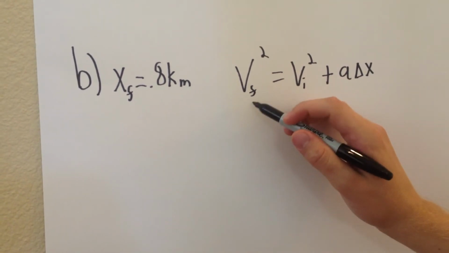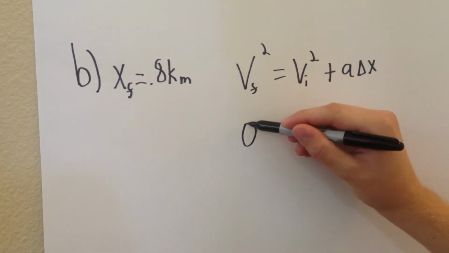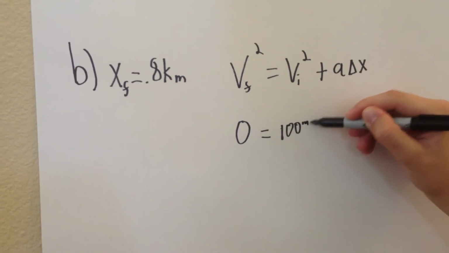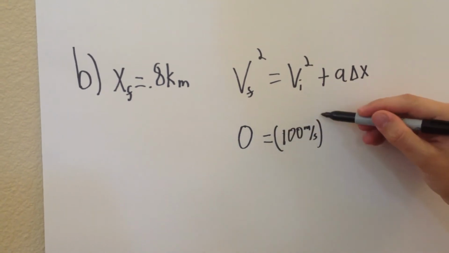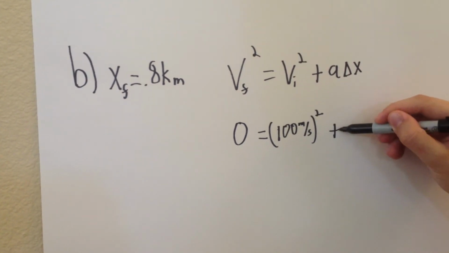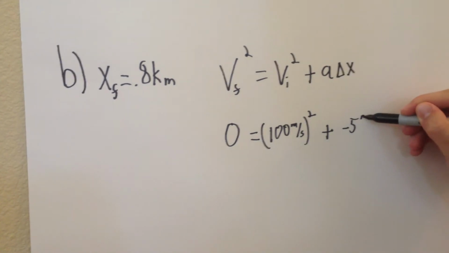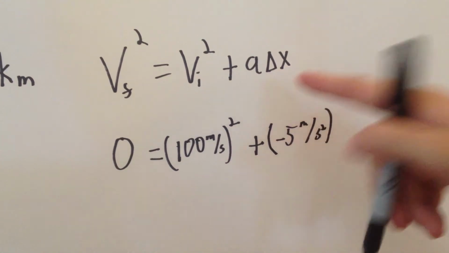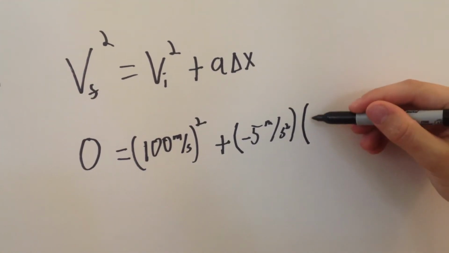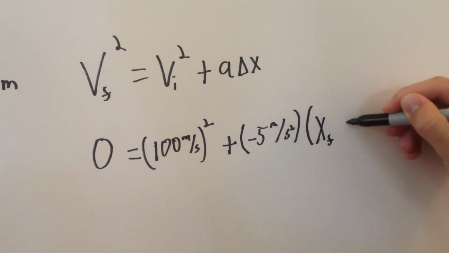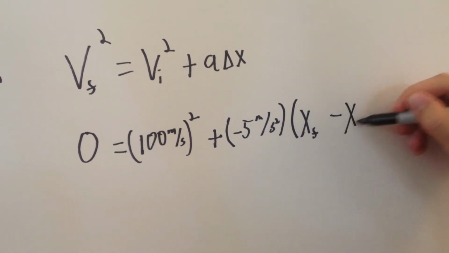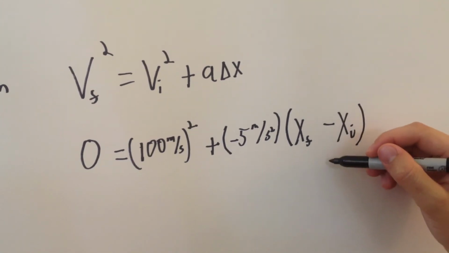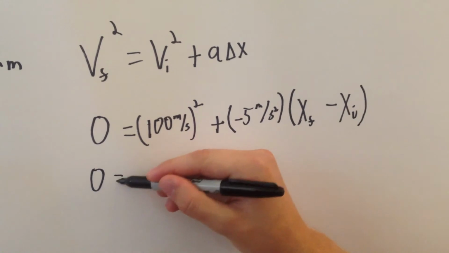We know that the final velocity is going to be 0. We know that the initial velocity is 100 meters a second. Add this to the -5 meters a second squared acceleration, and delta x is just the final minus the initial. We know the initial is going to be 0. So this can be written as